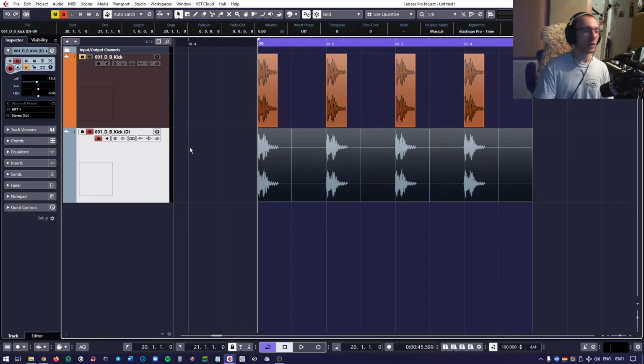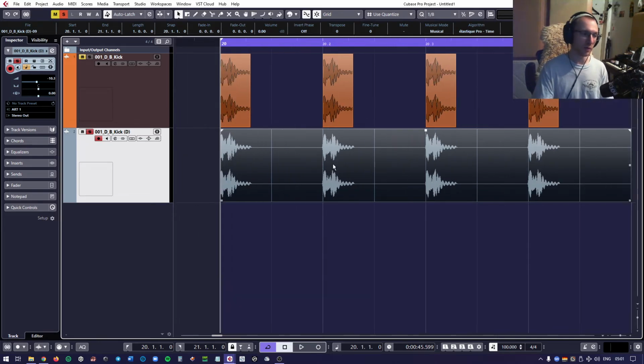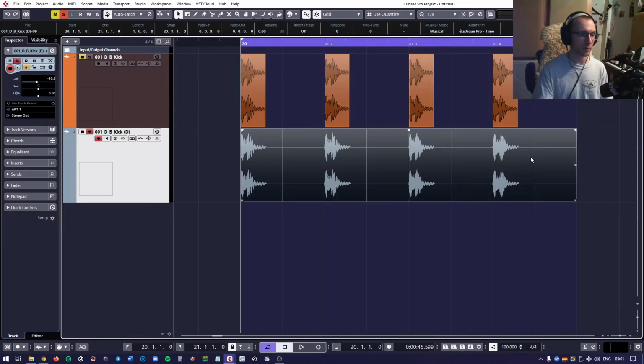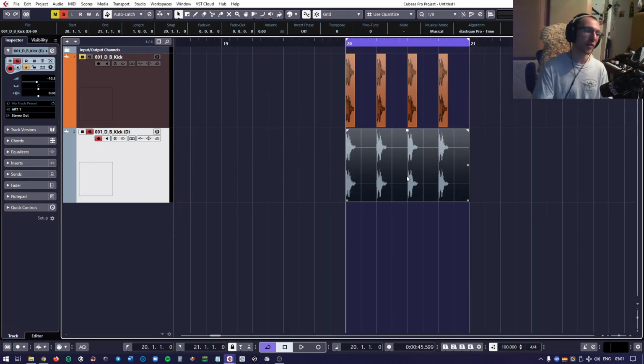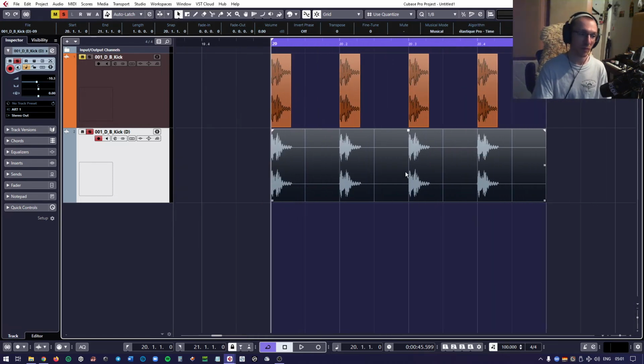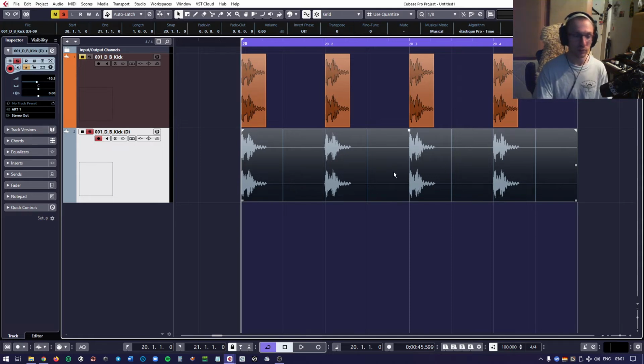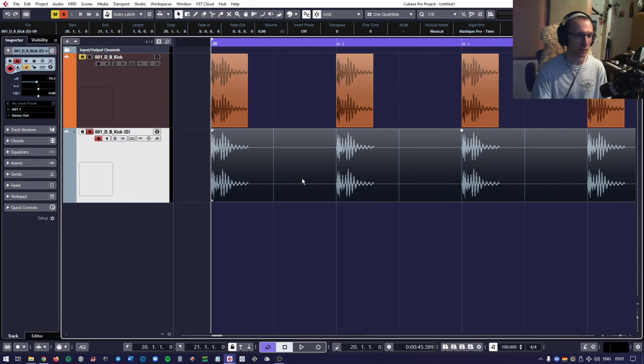So what I thought would be an ideal thing to do is as follows. You take your very long kick drum event, and as long as the kick drum is falling on quarter notes and pretty much remaining like that, you can do this. Obviously it depends on the project. Sometimes there might be kick drums that happen on the offbeats or in different places. But in general, if it's a four on the floor, simple kick drum layout, what you can do is